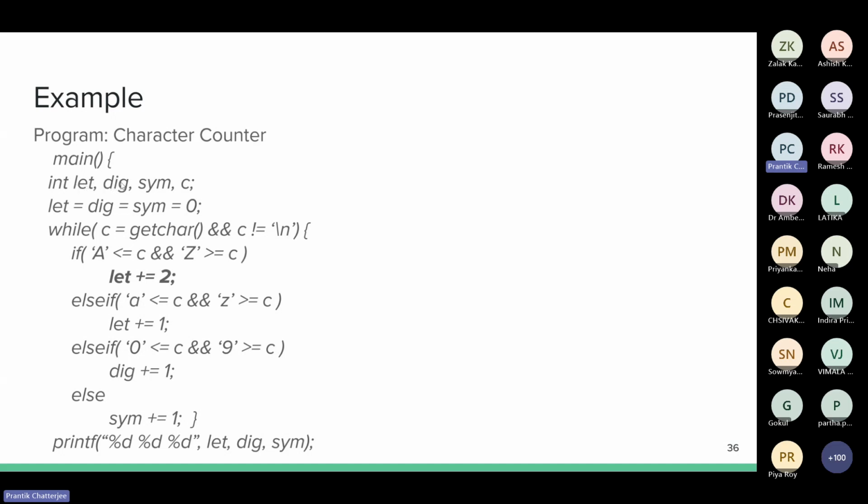If you encounter a digit, you increment the digit counter by 1. And if you encounter a symbol, you increment the symbol counter. Eventually you say that whatever was inputted contains this many letters, this many digits, and this many symbols. Now, before going on, for the purpose of this example, we'll make two very simple assumptions.